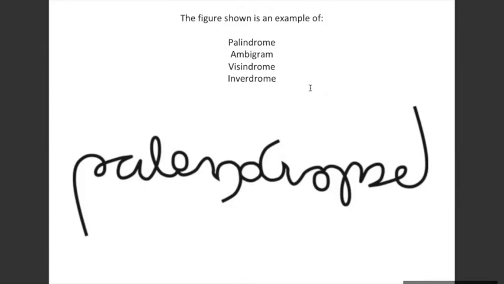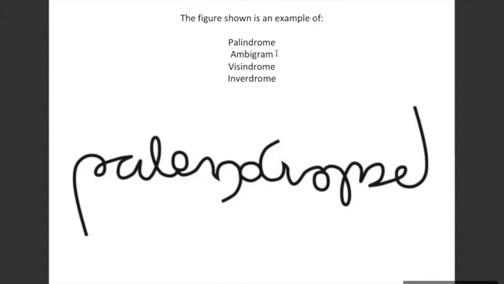Palindrome? No, it's not a palindrome. Can you quickly, very quickly, just type these words and search what they are? I'm not sure if anybody would know the meanings of them. The last two words, they are just there. So either it's a palindrome or an ambigram. The other two words, I am not aware whether they exist or not, but based on a preliminary search, I haven't come across these two words, inverdrome or wizendrome. Palindrome and ambigram are words, and either of them is the correct answer.